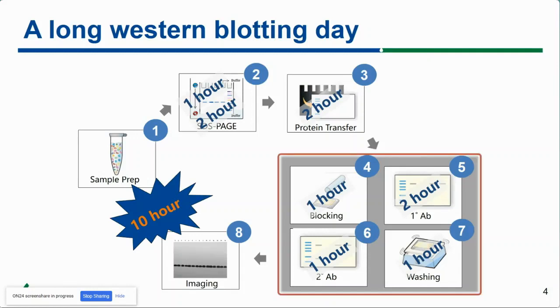Now, the one thing we want to attack first is, of course, the most complicated part, where all the incubations are done. Because they involve many different steps, and many steps have to be repeated multiple times. For example, washing usually has to be done at least 3 times each time you switch between antibodies, or from the blocking to a primary antibody. So